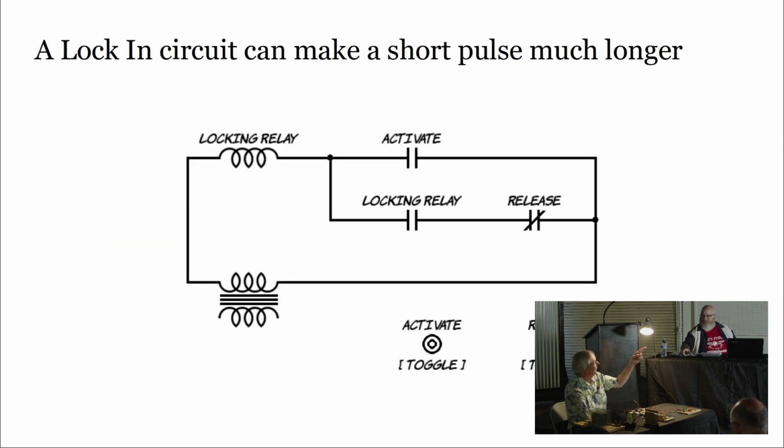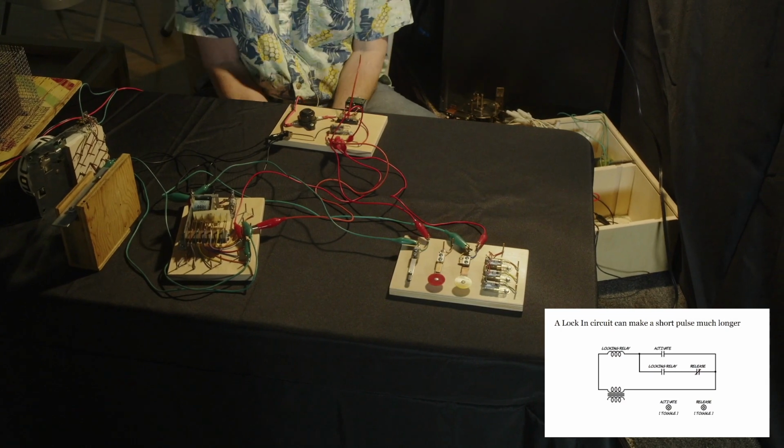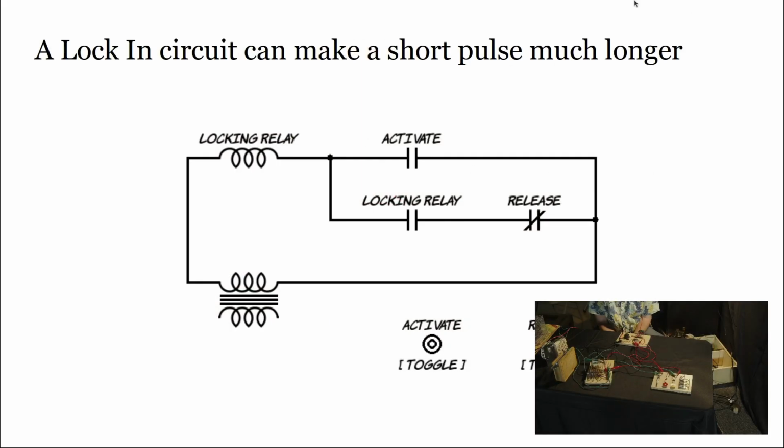Now, are you building a separate? I've built the manual switch here, so let's go through that. So if we look at the schematic, what's happening here, we have the,